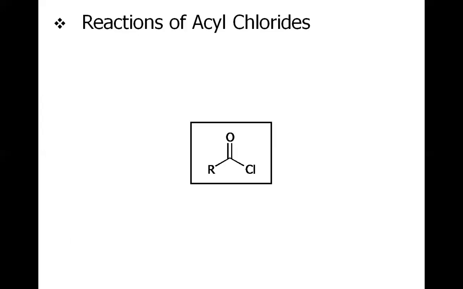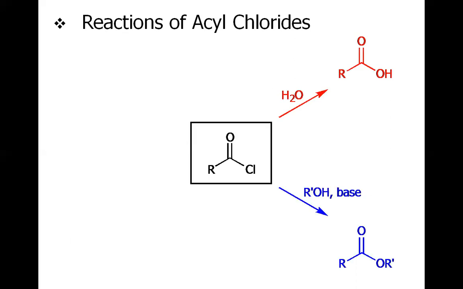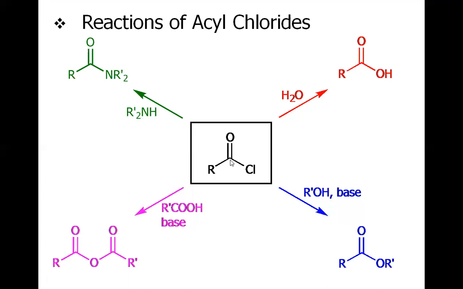So now let us discuss the reactions in summary, which we have discussed in our lecture. Starting from the acid chloride, if we add water, we will get the carboxylic acid. If we add alcohol to the acid chloride, we will get the ester. If we add the carboxylic acid, we will get the acid anhydride. If we add the amine to the acid chloride, we will get the amide. So you could see acid chloride being very reactive in nature. Whatever the nucleophile you add, it will replace the chlorine.